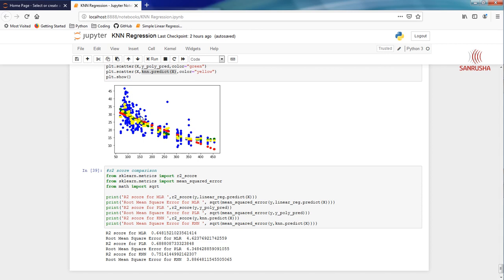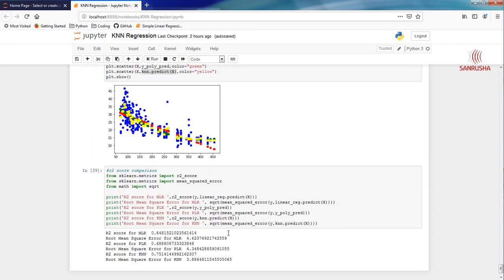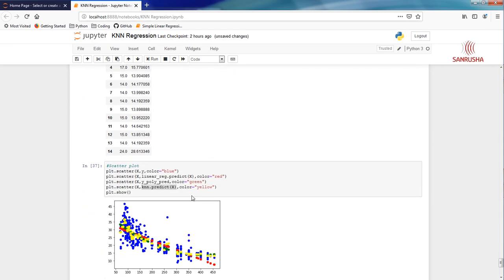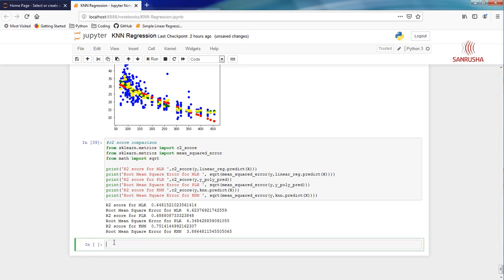You can start with 1 and go on, but the way the KNN algorithm works, the root mean square error becomes very high if the k value is low. But it does not mean that if you keep increasing the k value, this will keep going down. There is an optimum point you have to understand. And how did I come up with this number 9? Let's go through that. It's very easy. We just have to write a few lines of Python code and we will understand.